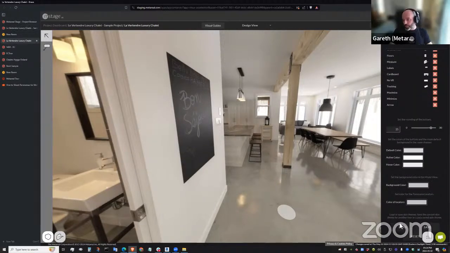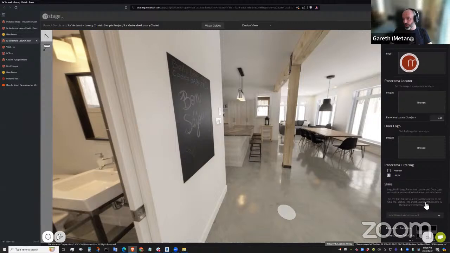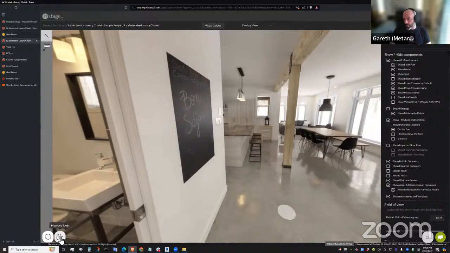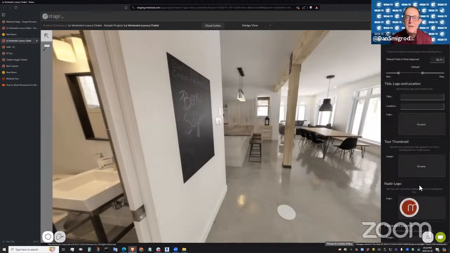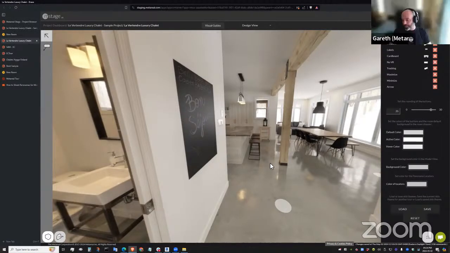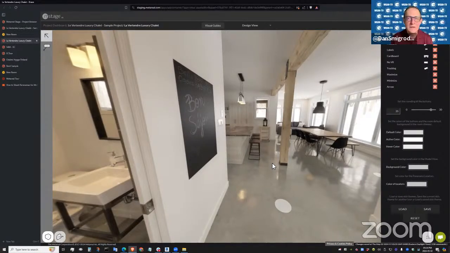So when I talk about a skin, I'm talking about all these options in the design view of the tour editor that we looked at just now for the icons, the buttons. If you're doing work for ABC Realty and they like these colors, they want the room picker, they want the mini map, you want to save that. Essentially, it's a template for that particular client. Right. You want to be able to say to the MetaReal Stage team, this is the template to use. And in your team's language, that's called the skin.